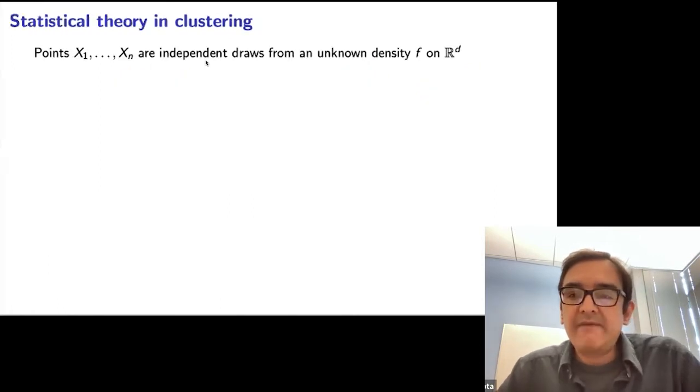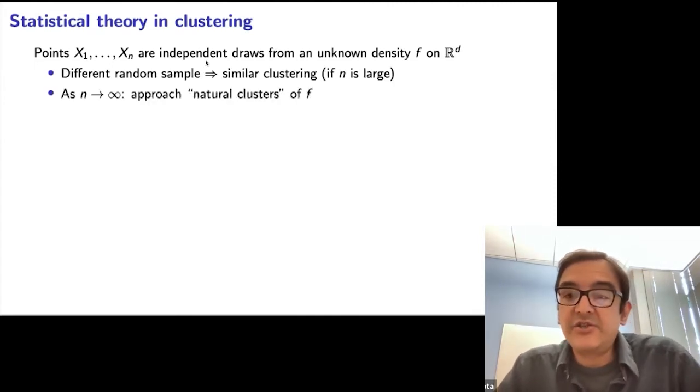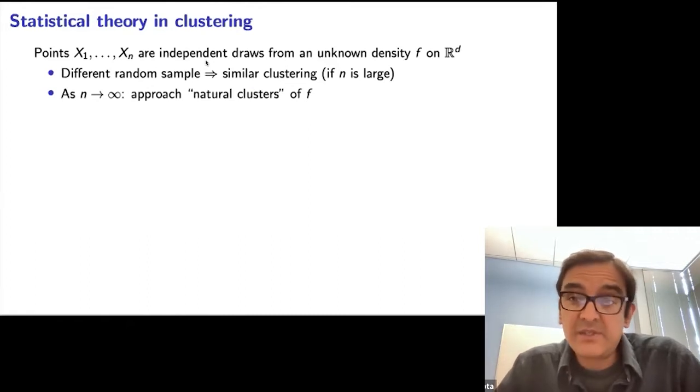So what I mean is that typically, or very often, the data you have are not just arbitrary points, but are random draws from some underlying distribution. And you have no idea what that distribution is, but the mere fact that the points are drawn from some distribution gives them some special properties, okay? In particular, one of the things that you'd hope is that if you were to run the clustering algorithm on a data set and then draw another data set of similar size from the same source, the result of clustering that second data set would be similar to what you got on the first data set, okay?